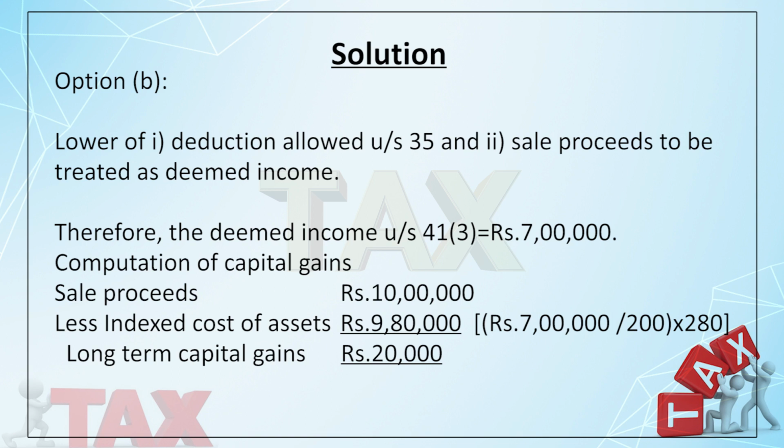Now think of the tax implication. Here you have to pay tax on 7 lakhs because 7 lakhs is a balancing charge which will be credited to your SOPL, which will increase your profit by 7 lakhs, right? So you have to pay tax on that at the normal rate of 30.9%. Plus you have a long-term capital gain of 20,000 on which you have to pay tax at the rate of 20%. So here the tax implication is huge. One is 30.9% on 7 lakhs, more than 2 lakh 10. The other is 20% on 20,000, like 4,000. So it's a huge one, right?